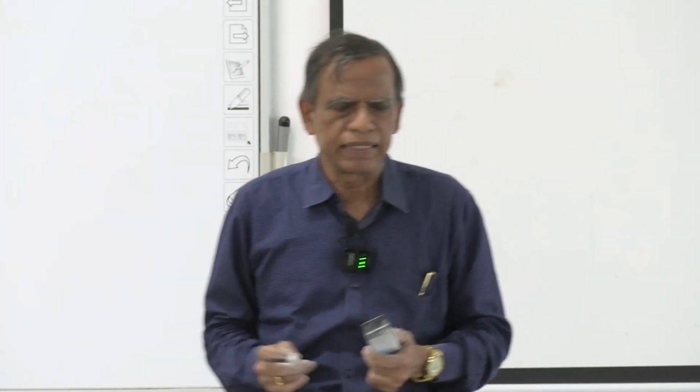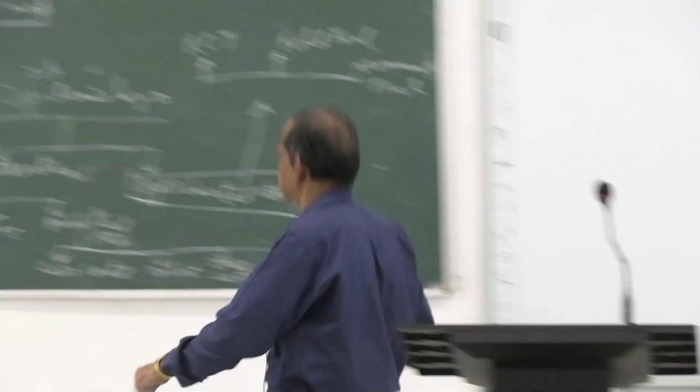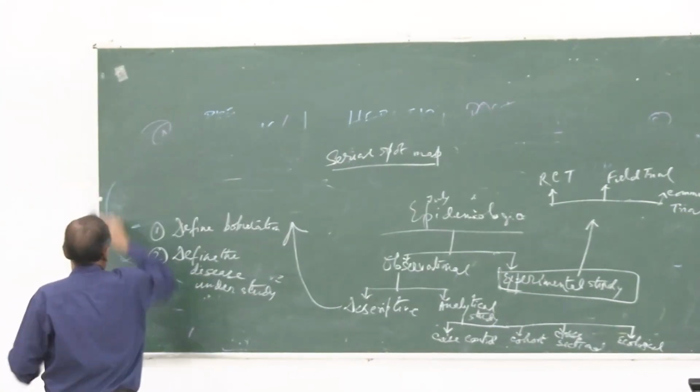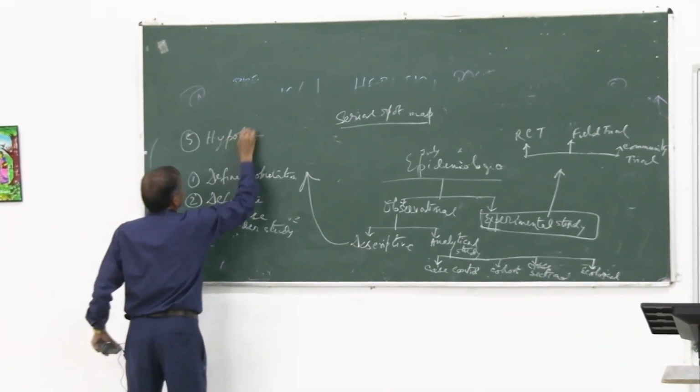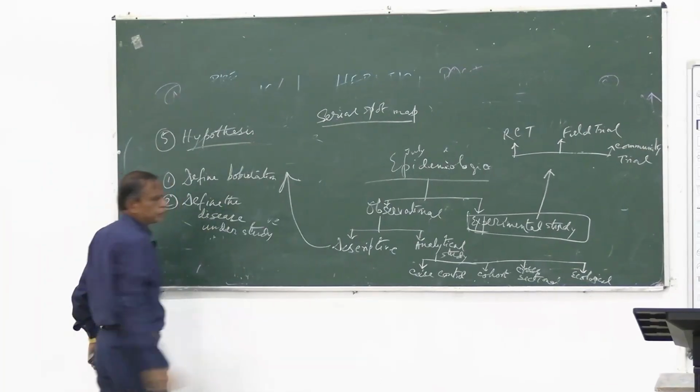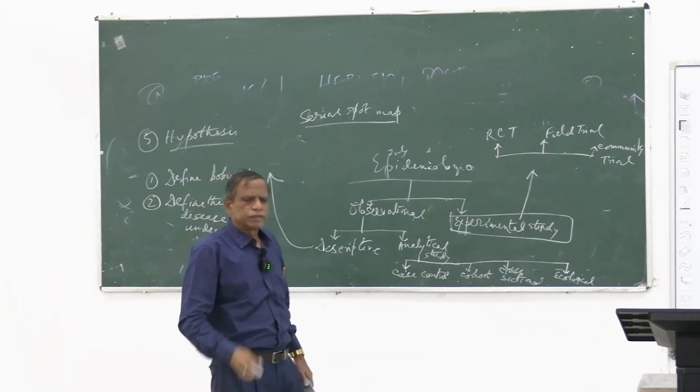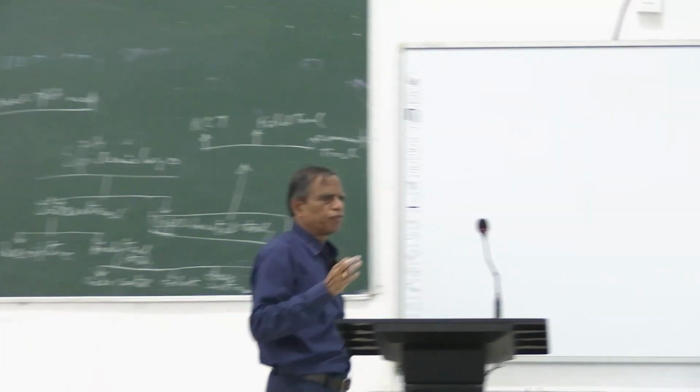You will compare among the various groups whether these diseases are more among women or more among the adult persons, whether diseases are more among the childbearing women or among the elderly women, whether diseases are more among the infants or it is more among the 1 to 5 years age group. In that way, you will analyze the data, and after that, you will hypothesize why this type of findings.